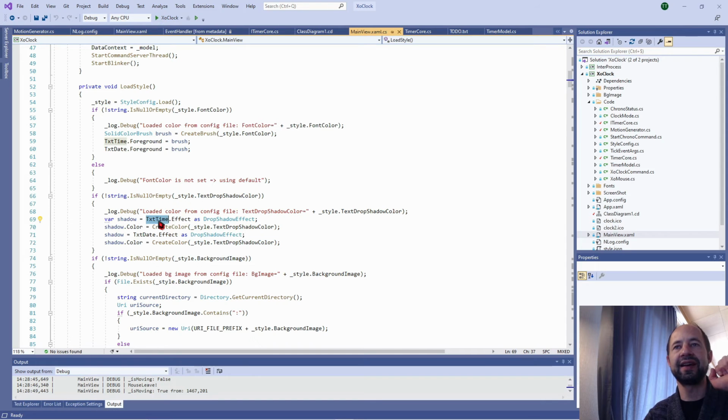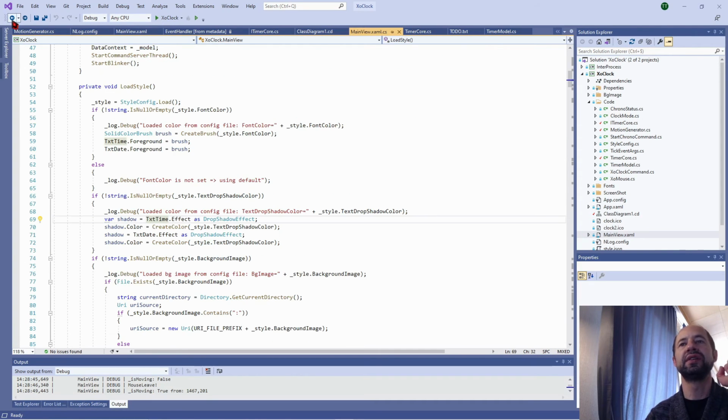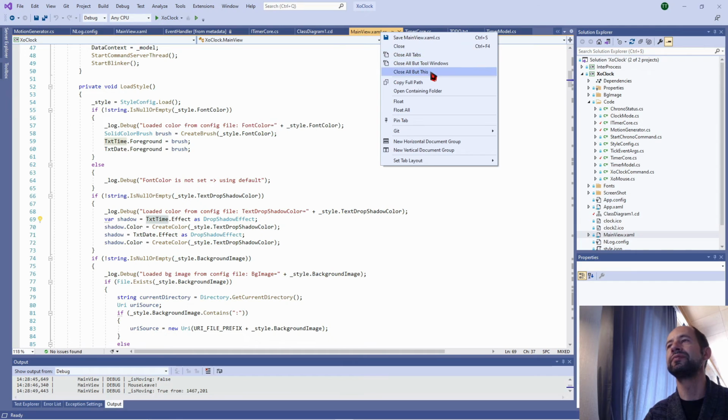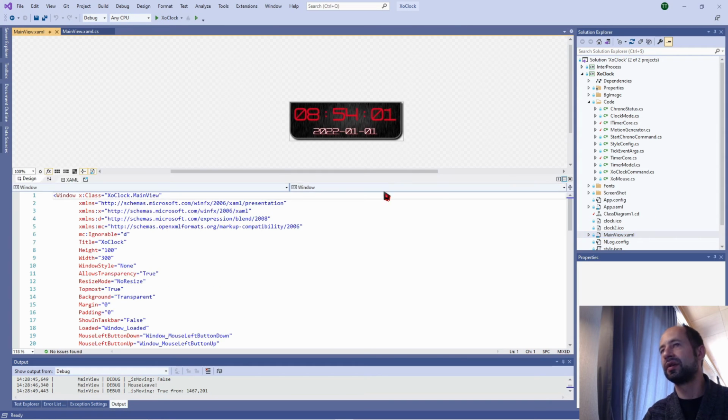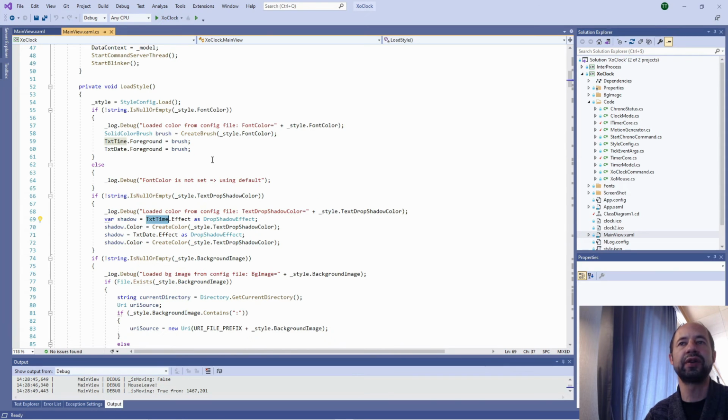The text time effect, for example, the text time here is in fact the text block which is defined in the XAML file, defined here, text time here. So the name text time is available as an object, as a reference to an object in the code behind.